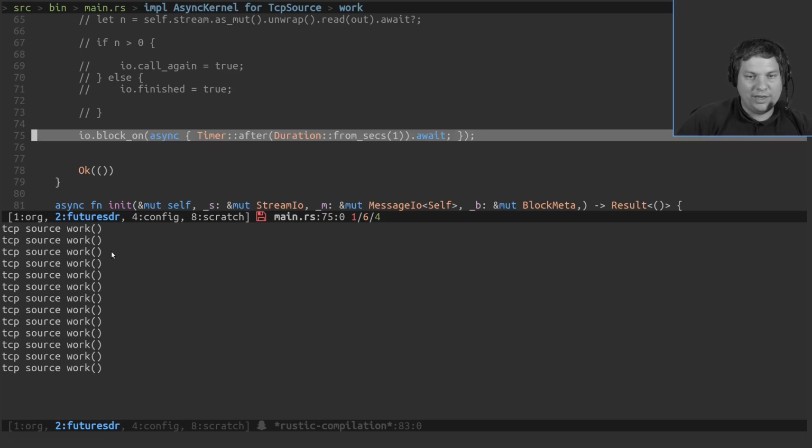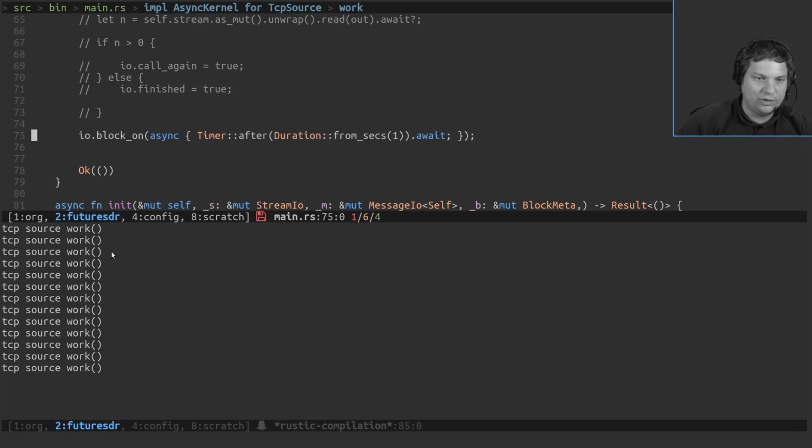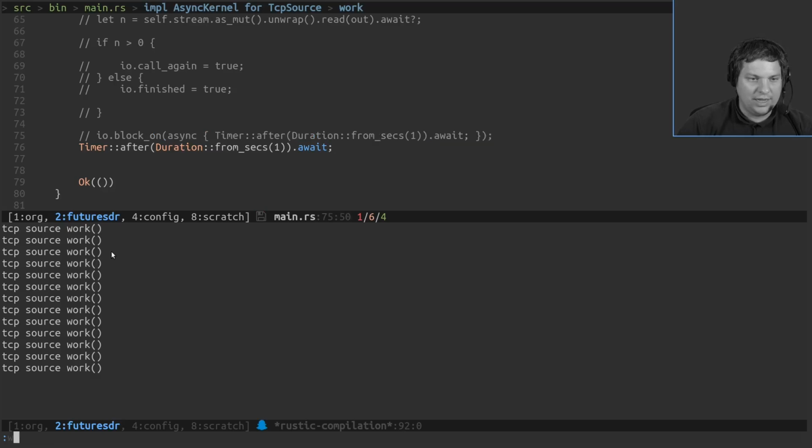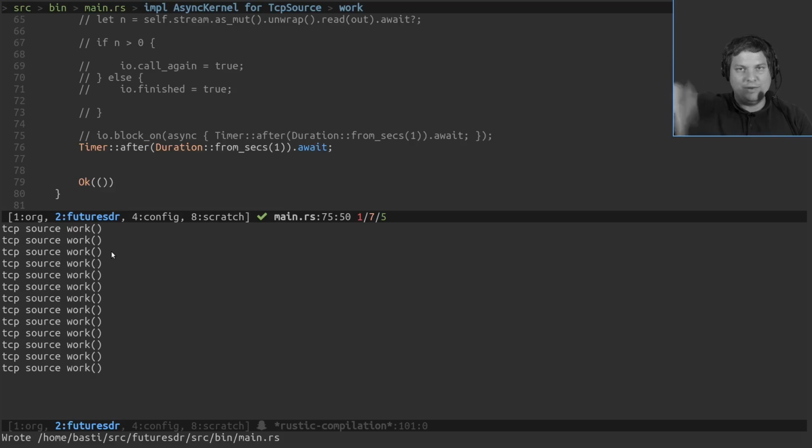And by not blocking in work, because we could just as well issue this timer here and not hand over to the work function. The difference is, if we block in work, then the block doesn't do anything. It will stick in this work function. If we do this block on and return to the runtime, then the runtime can monitor both events. So it can see if there's a message in the inbox, we will process it and call work.